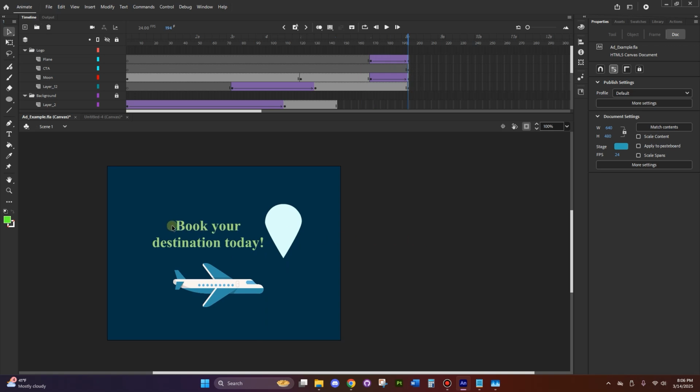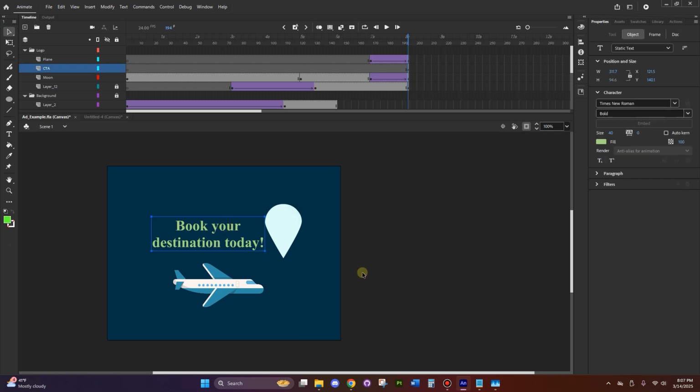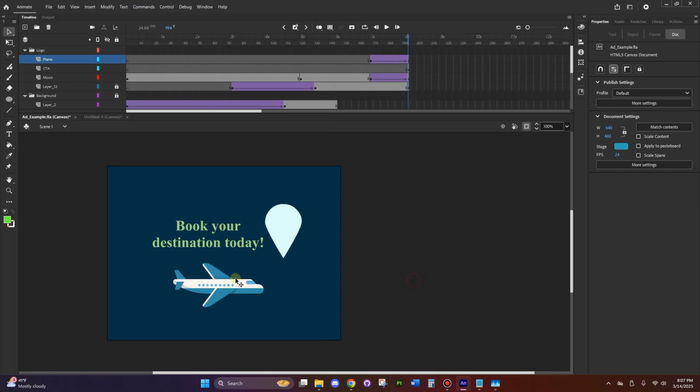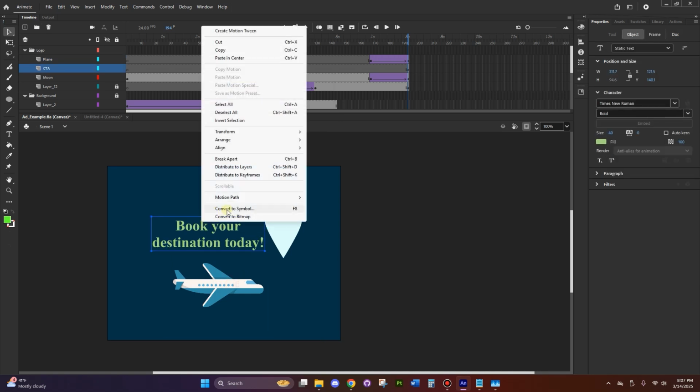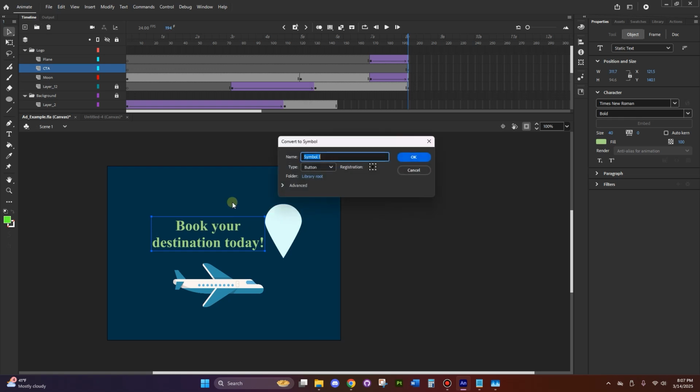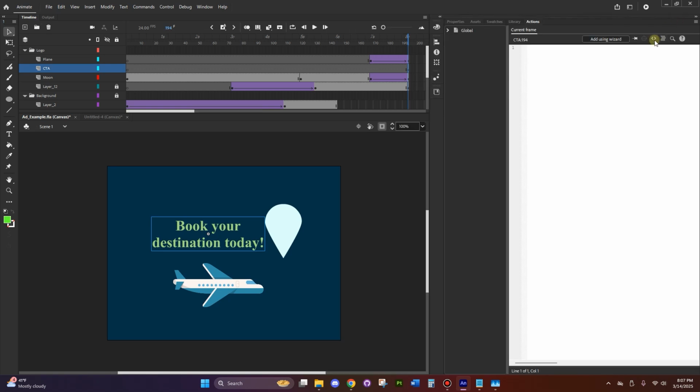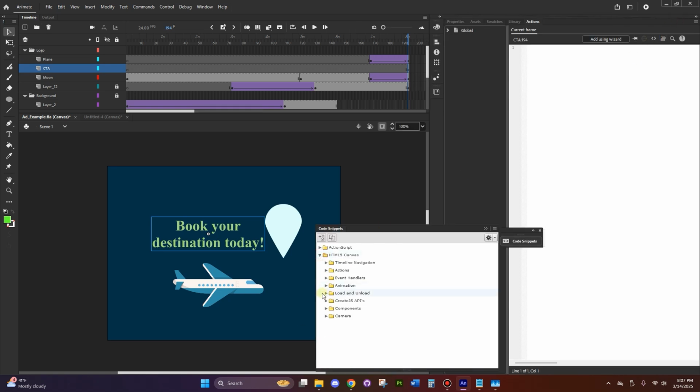Let's turn this book your destination today into a web link button. So we've already done this before, but let's go ahead and right click. Make sure you're selecting the correct thing. So this is actually the image here. Make sure you're selecting what you want to change. Convert to symbol. Let's call this call to action web link button. Now this button, we want to click to go to web page,